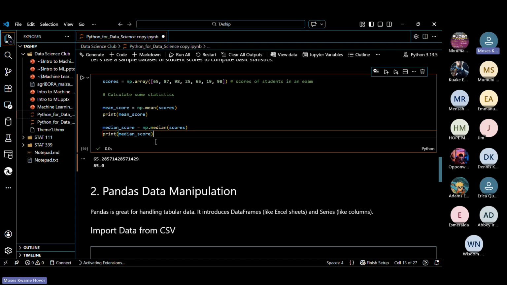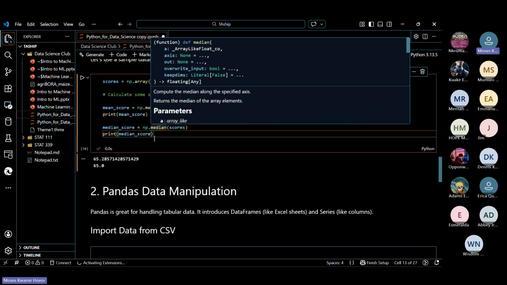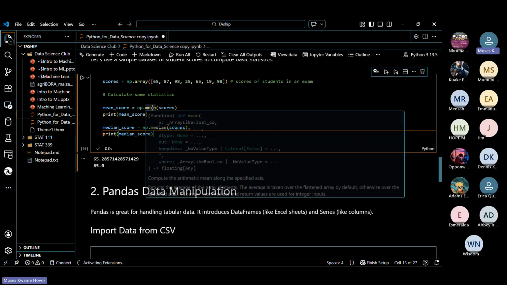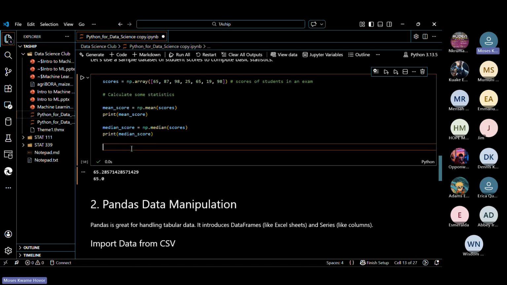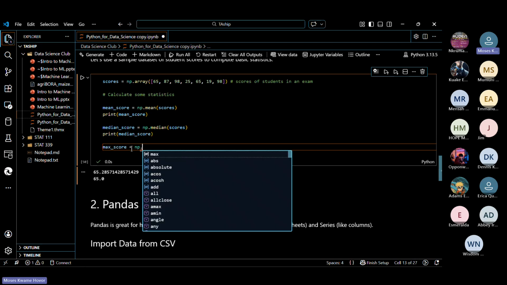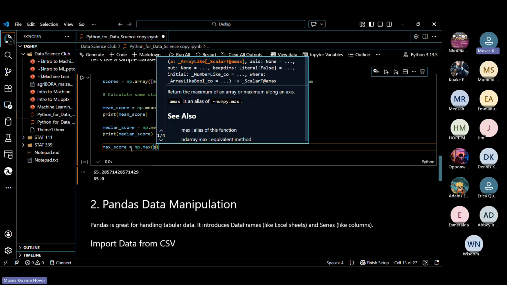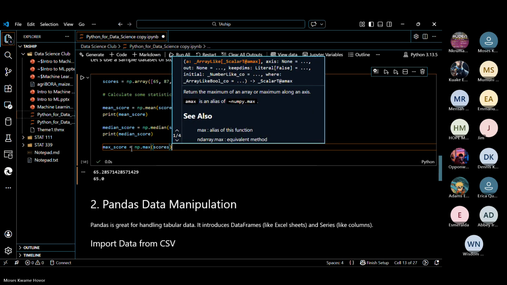In a similar context, if you want to find the maximum, the minimum, and the variance, all you have to do is the same thing, but where you see mean or median, you put max, min, and var. So let's create that one too. The maximum score is np.max, then we put our scores in there.